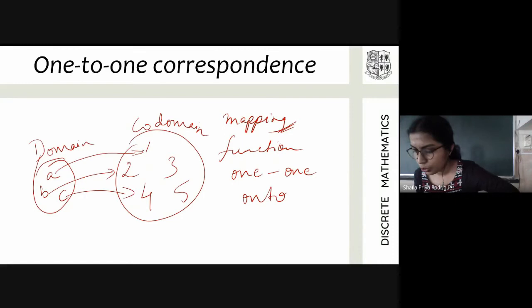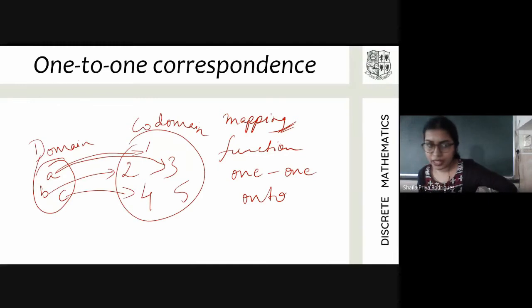In the codomain. Suppose I'd done this, A being mapped to 1 as well as 3. Okay, A is mapped to 1 and 3. Is it a function now? The previous mapping was a function. This mapping is not a function because A is mapped to two different elements in the codomain. Okay, for a mapping to be a function, every element in the first set can be mapped to only one element in the second set.